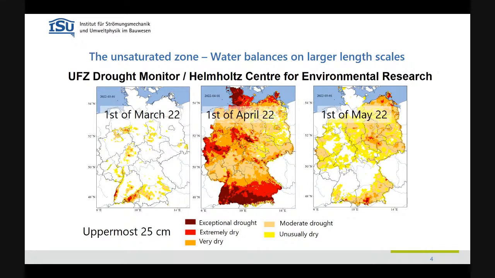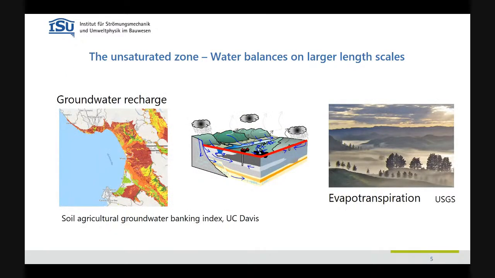And here the size is really large, the whole of Germany. It doesn't have to be that big. We might be after a monitoring system for groundwater recharge, or we just really want to predict evapotranspiration in a land surface model because that's related to weather prediction. But in any way, the perspective is then really that we are looking, let's say, at a small catchment, and then the unsaturated zone is really this layer, and we are interested in the fluxes that go in and out. And this is the perspective I would like to take here.